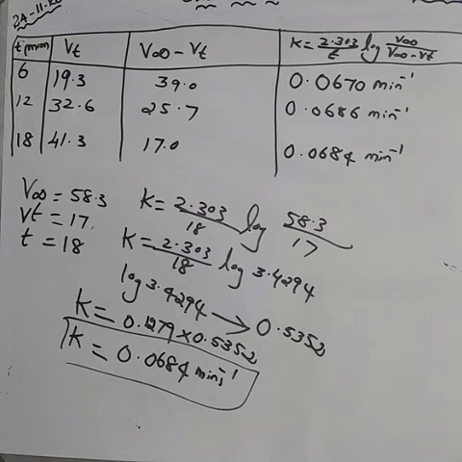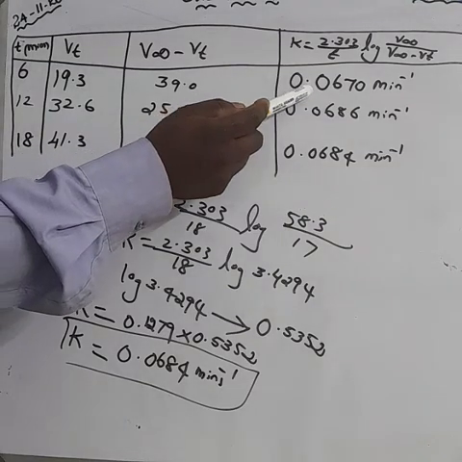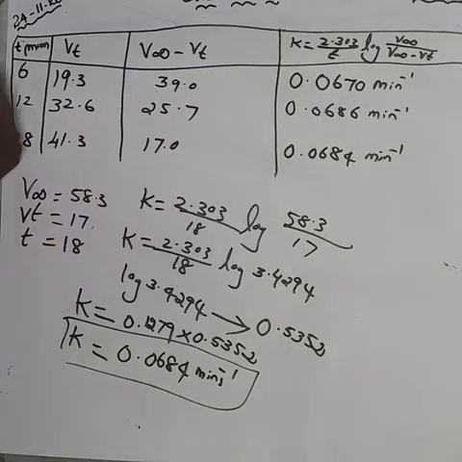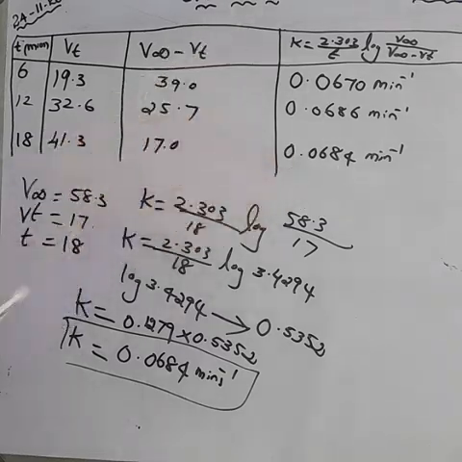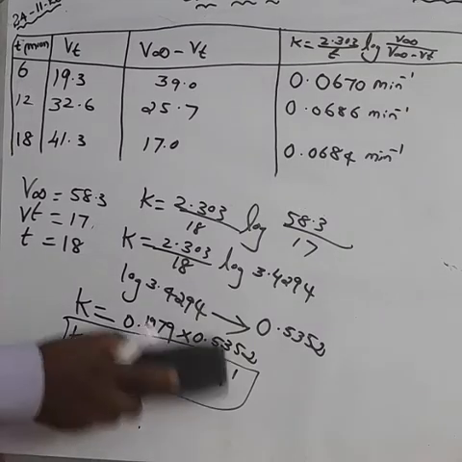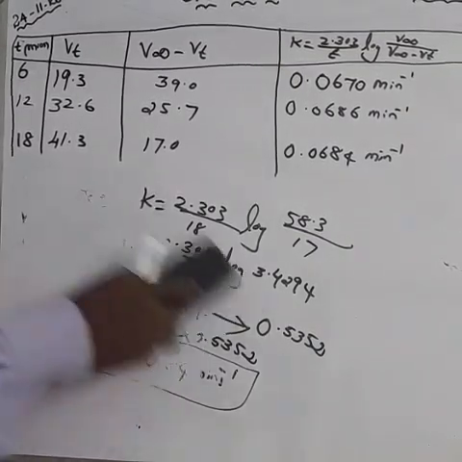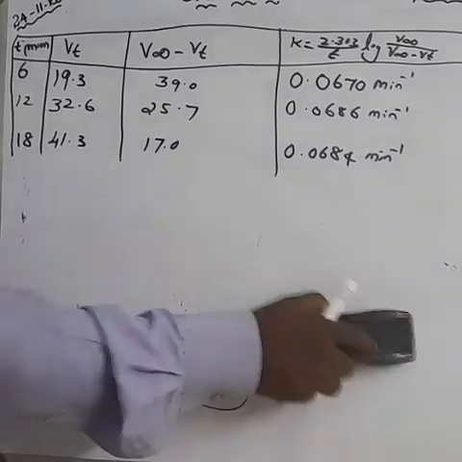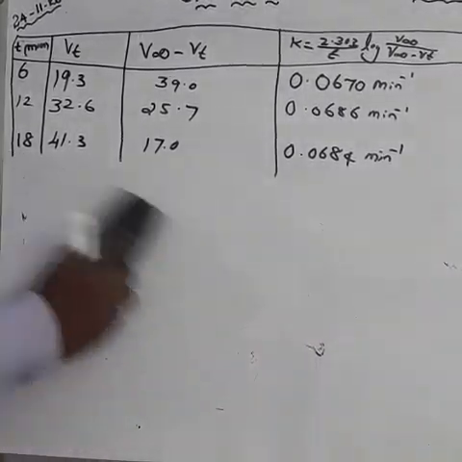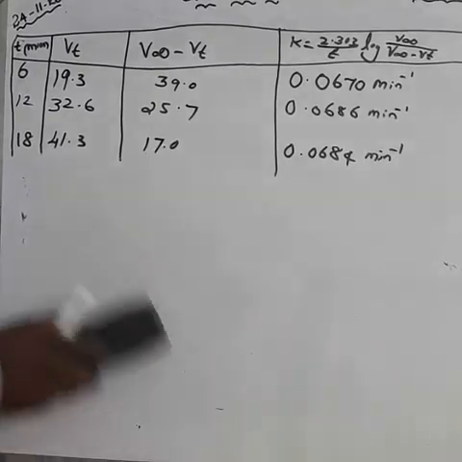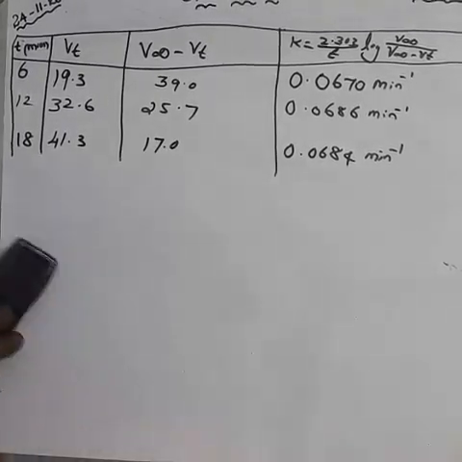What about the third value? So the first 6 minutes we get 0.06, the second 6 minutes 0.06, the third also 0.06. Am I right? It's almost the nearest value. It's not exactly correct, but it's almost the nearest value, so we shall take it like that. Next we continue with the next 6 minutes, that is time t is equal to 24. Only one more is enough.